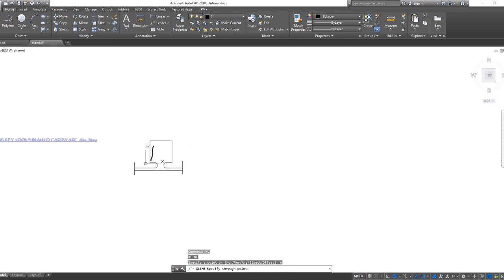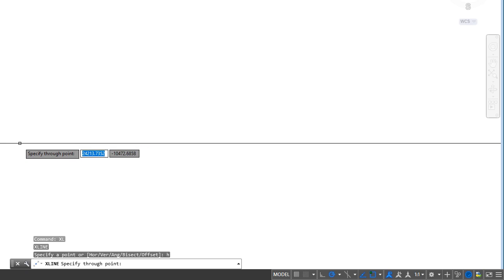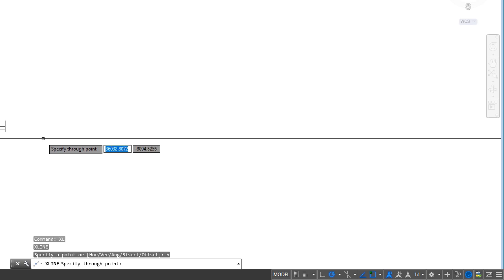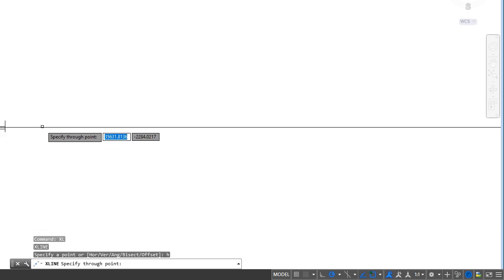Construction lines are drawn to infinity, so you can actually not see the end of the line. So it enables you to have a straight line which you can then offset and trim what you want, that is, the parts of the lines you don't need. So this is now a horizontal